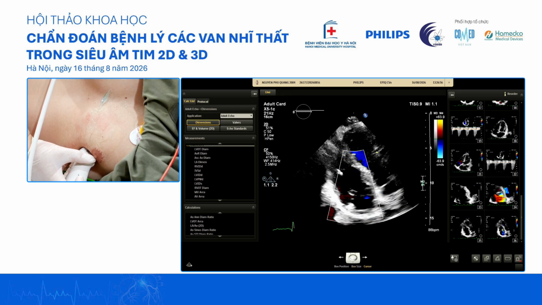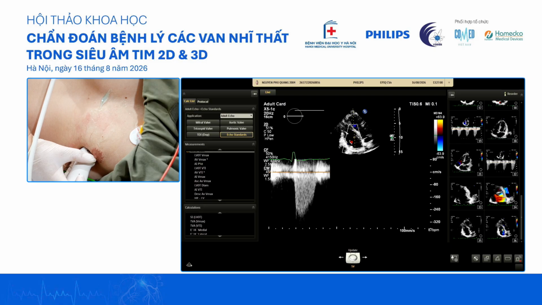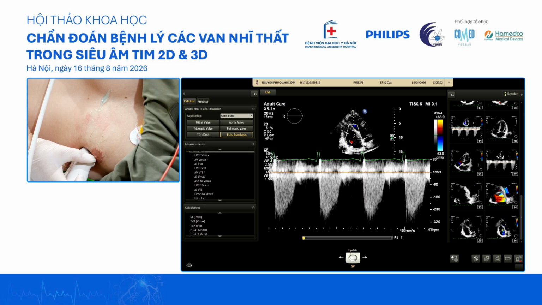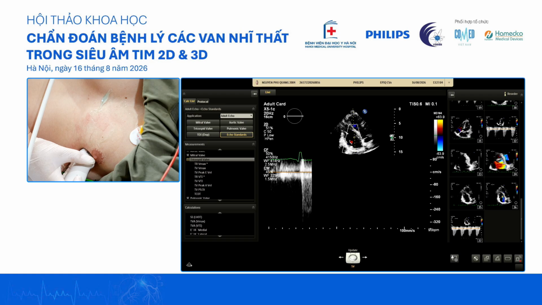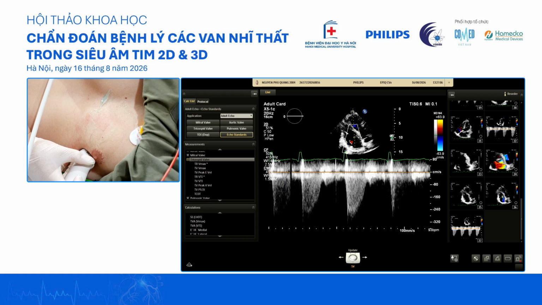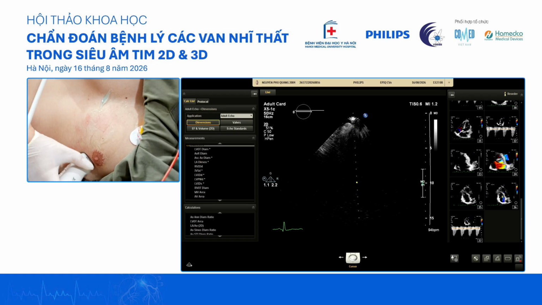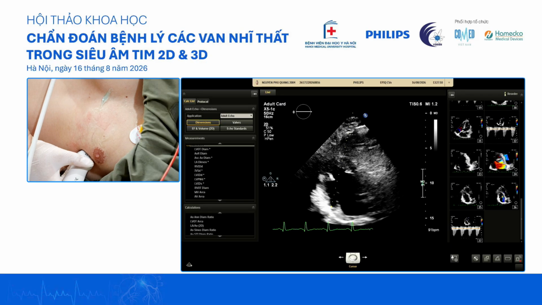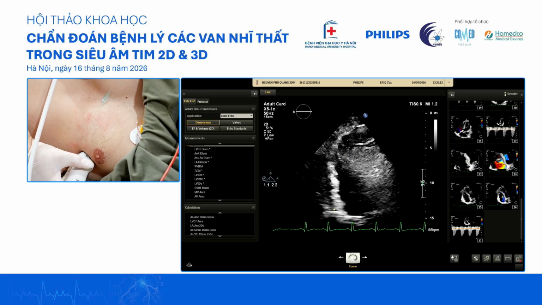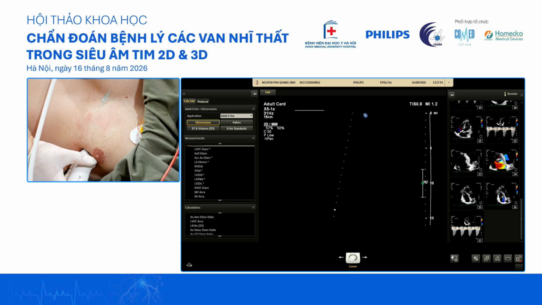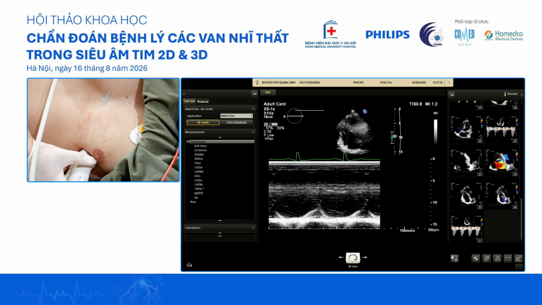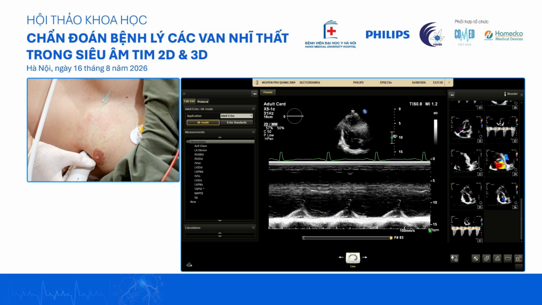So at every different plane and angle, we will interrogate the tricuspid regurgitation. We want to get the highest velocity in order to calculate your pressures. Chúng ta cũng đo chênh áp vận tốc tối đa qua van ba lá ở mặt cắt này. Vận tốc tối đa sẽ được dùng để tính áp lực động mạch phổi tâm thu.